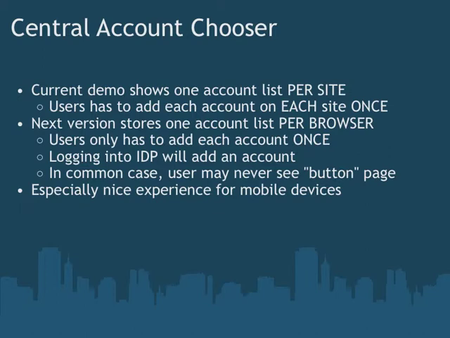Now, one of the key things that the community is working on, because the account chooser is part of a working group with the OpenID Foundation, is the idea of trying to avoid the page where the user has to click the buttons of an identity provider or type their email address. In particular, in the previous examples, you may have noticed that the user had to build up a list of accounts on each of the different websites she went to visit, both the Google one and the other one.